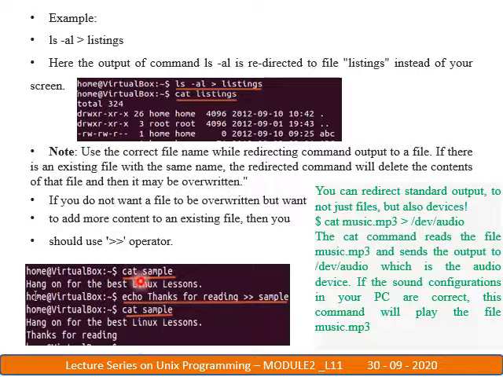So here we have done cat sample. If I open that sample file, what it shows is the content "hang on for the best Linux session". Then we redirected echo thanks for reading to the sample file.